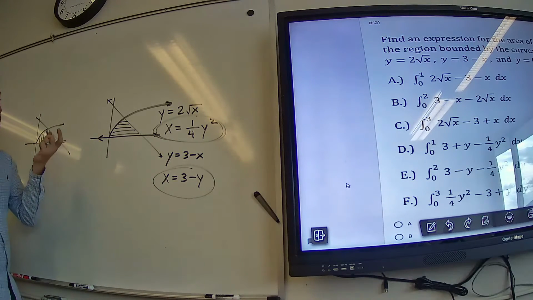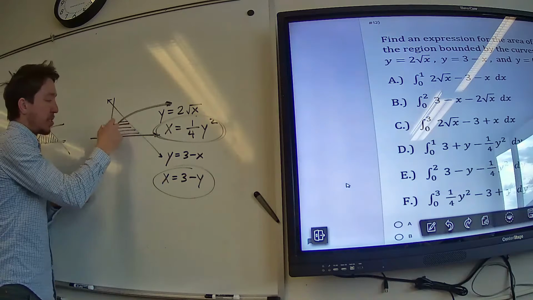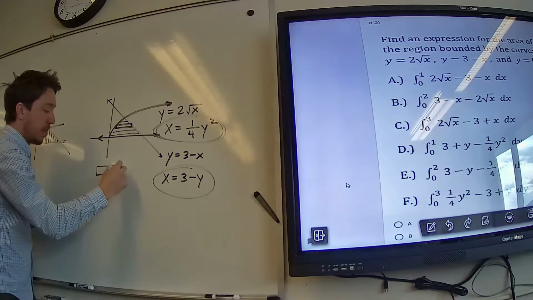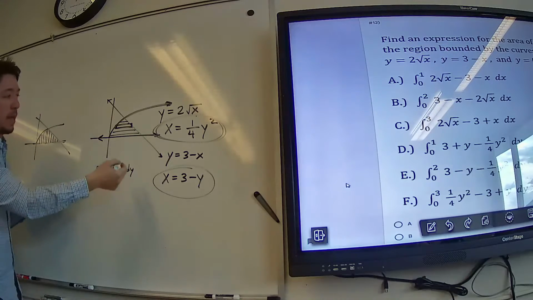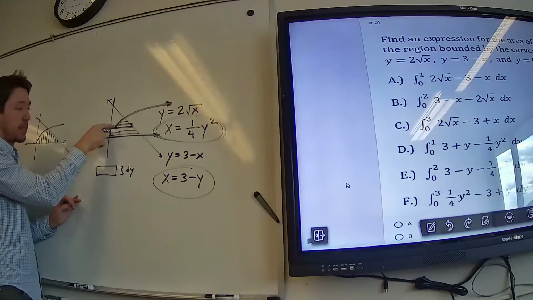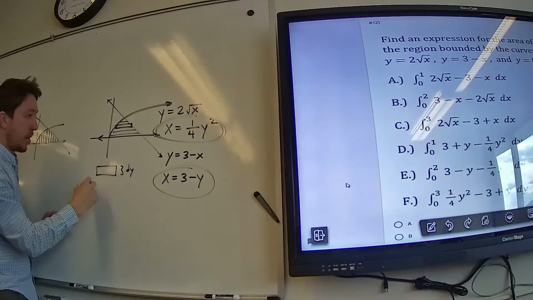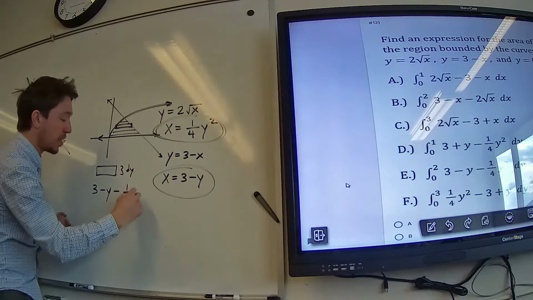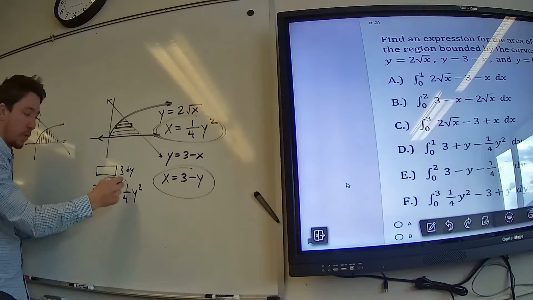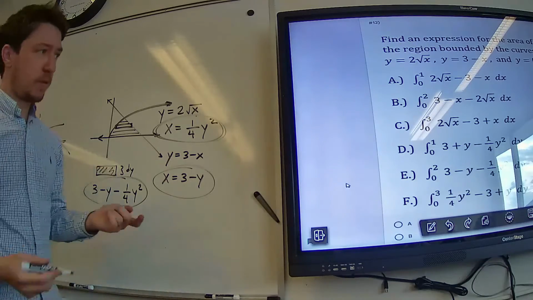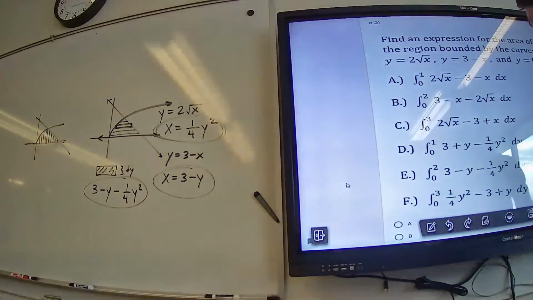Because then what I'm looking at is how big is each slice? Well, each slice has a thickness of dy and it has a width of this x value minus this x value. So it would be 3 minus y minus 1/4 of y squared. That's the width of each slice. And so my integral would be